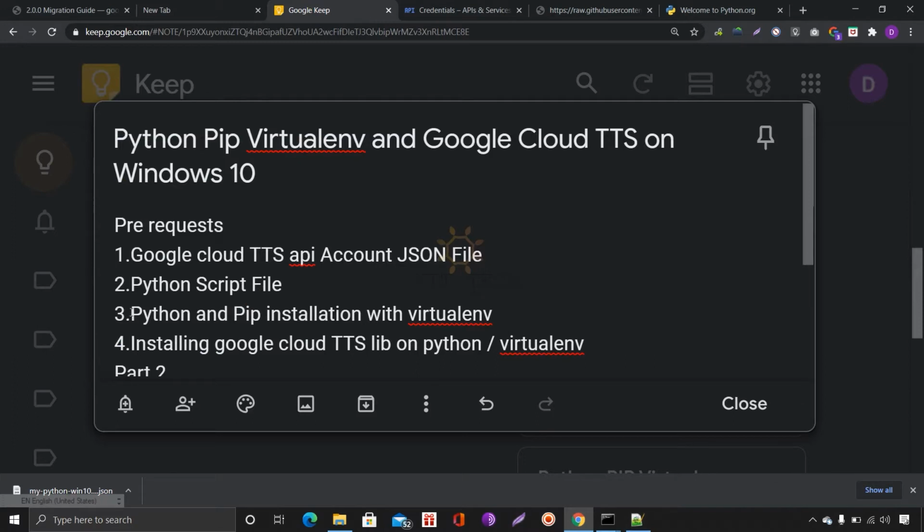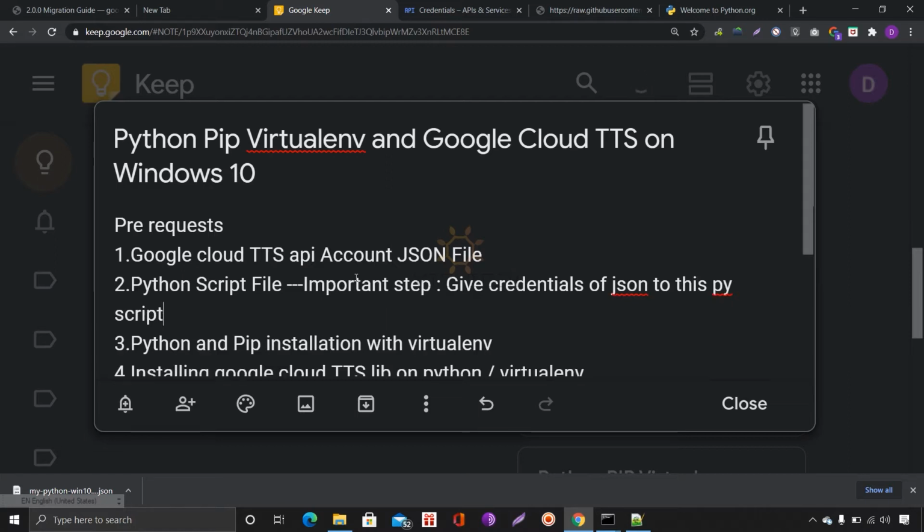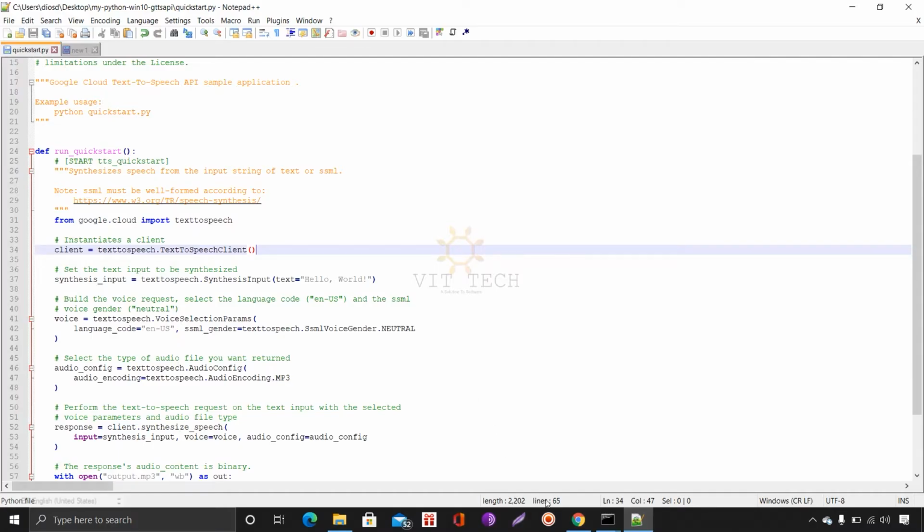So next step, one important thing: after putting these two files, we have to give the credentials of the JSON file to this Python script.